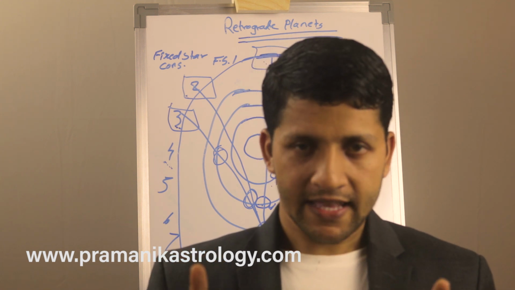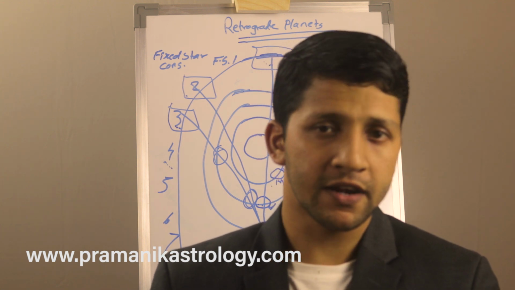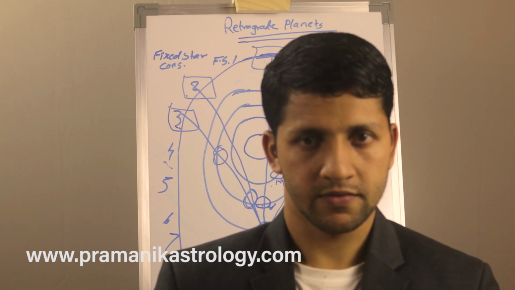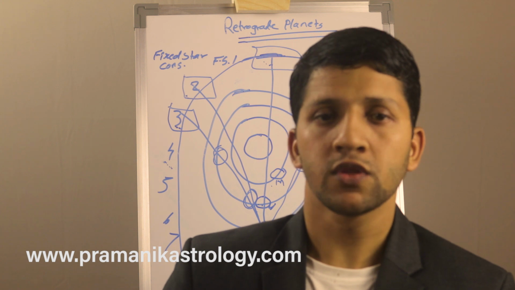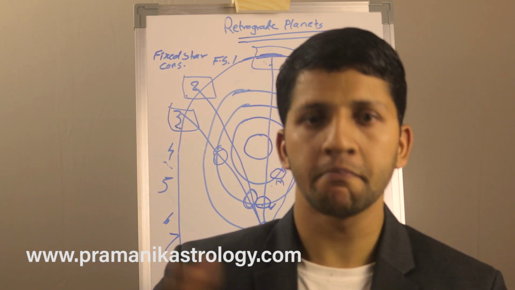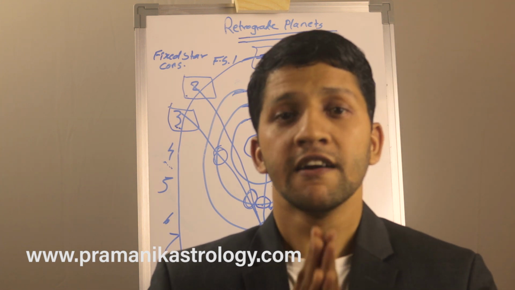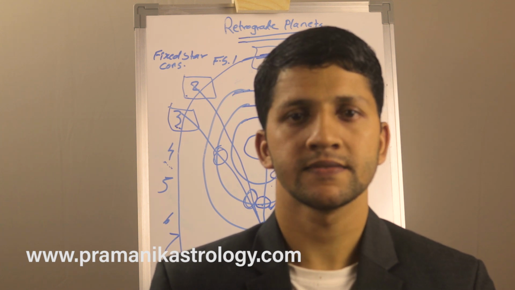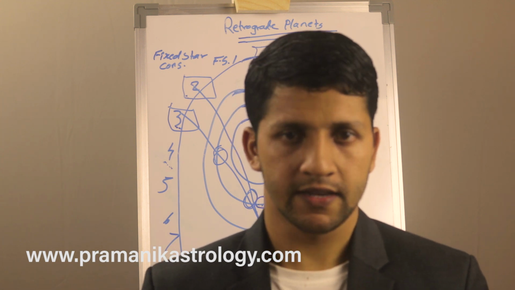When the planet is close to the Earth, it appears to be at the backdrop of the fixed star prior to the one it was traveling through. So we say it is Vakri, we say it is moving backward, we say it is retrograde. But in reality, physically, the planet does not move backward. Please understand this.